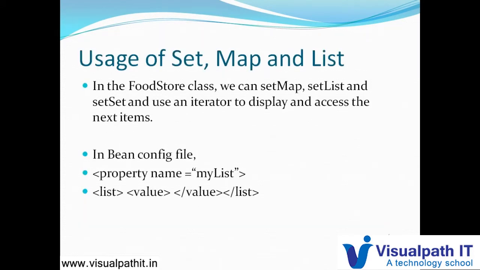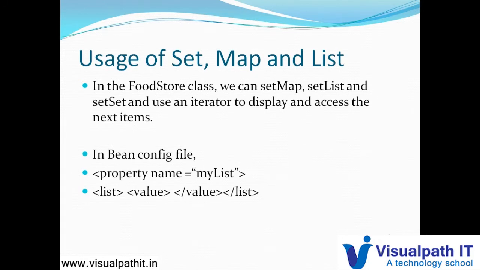Next is the usage of set, map and list. First, let's understand what these three things are. These three things are collection objects. So in the Spring IOC container, what happens? A bean can also access a collection of objects. The Spring framework allows the developer to inject a collection of objects in a bean by using Java's collection framework. We can use any of these, set, list or map, based on our representation of the collection of objects, in order to inject these collections of objects.